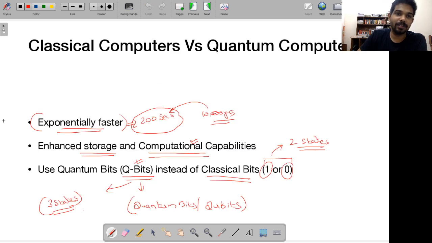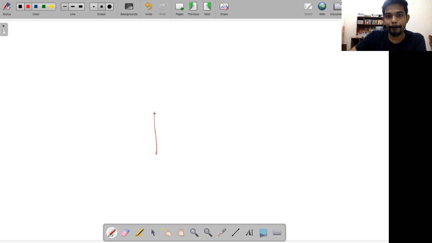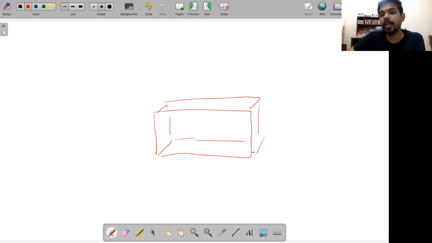Anyway, coming back to our topic. Let me give you a very simple example. You have a box. Let me draw it. This is an opaque box. Opaque means it is not transparent, so you don't get to see what is happening inside this box. Imagine you have placed a cat over here. Assume this is a cat. I drew it like a human, but assume there is a cat over here. There is this glass vial. This glass contains poison. Let's take green color for some reason.